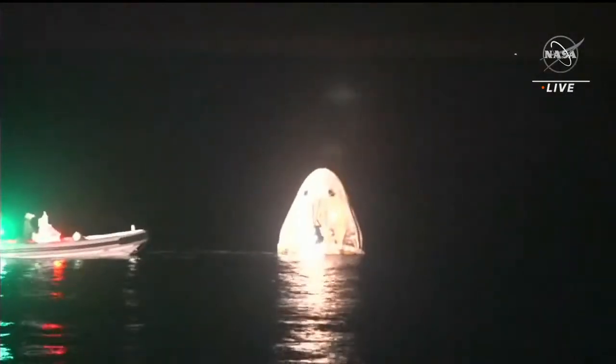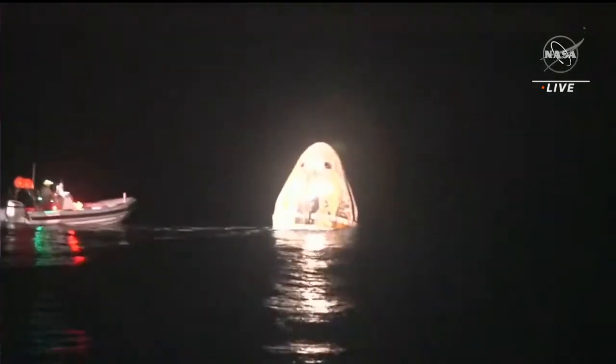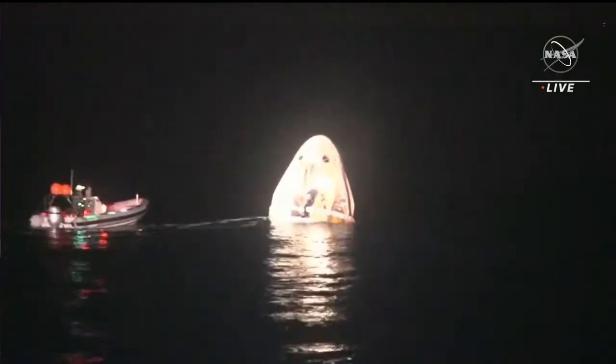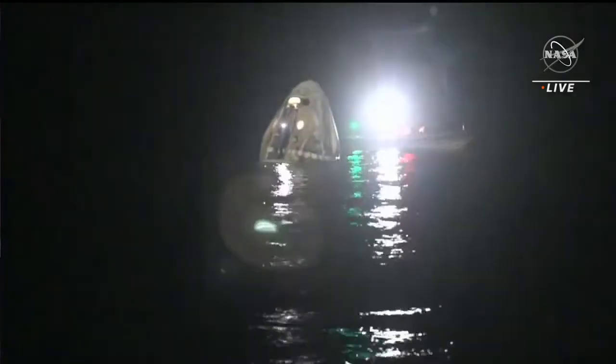And there we can actually see our first good view of that SpaceX recovery team member climbing on board the Dragon capsule. This is exactly what they have to do in order to place the harnesses and the rigging and secure them. That equipment, of course, is critical to the lifting operation, where we lift the Dragon capsule out of the water and place it onto the recovery vessel. So we'll be able to see this individual move around almost in a spider monkey-like fashion with just such skill,